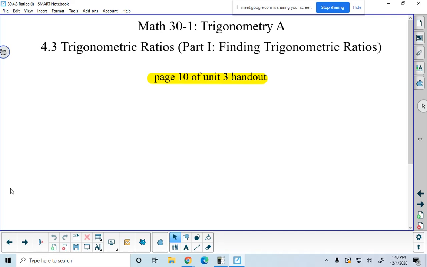So we're looking on page 10 of your unit handout. This is lesson 4.3. We're finding trigonometric ratios. And in the past, when we find trigonometric ratios, we would be talking about things like opposite and adjacent and hypotenuse, because if you want to find the value of the trigonometric ratio, which we call sine, you would take the opposite side of a triangle divided by the hypotenuse. Well, this is going to be a little bit different. To begin with,